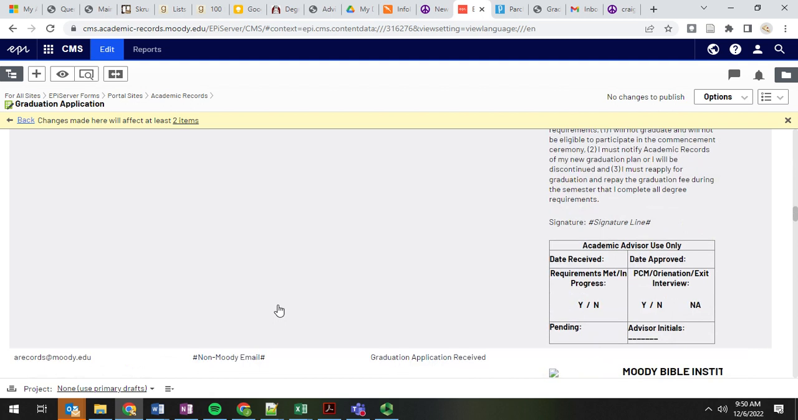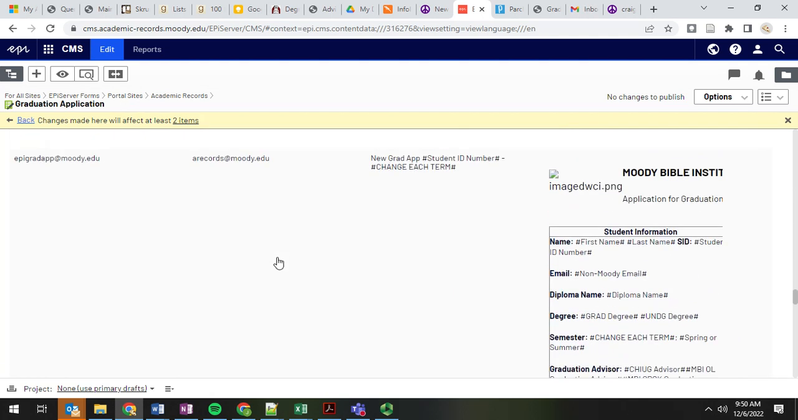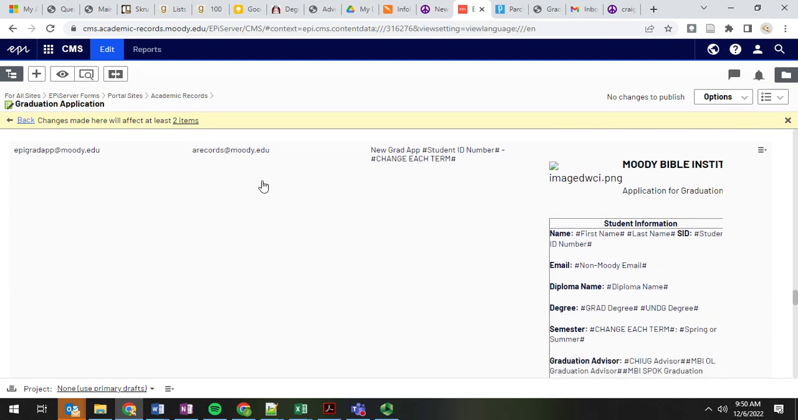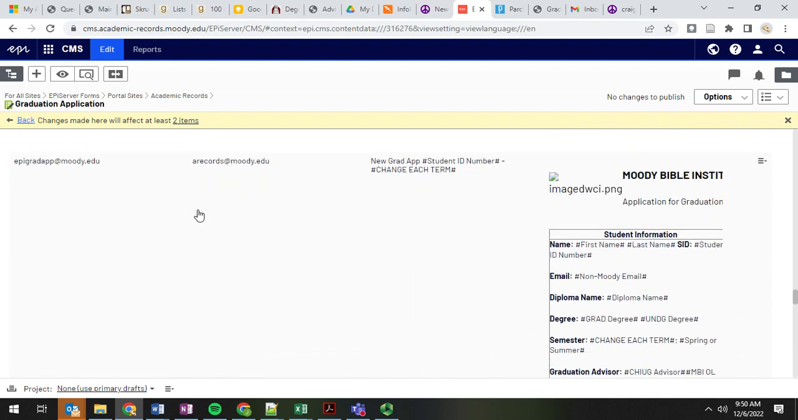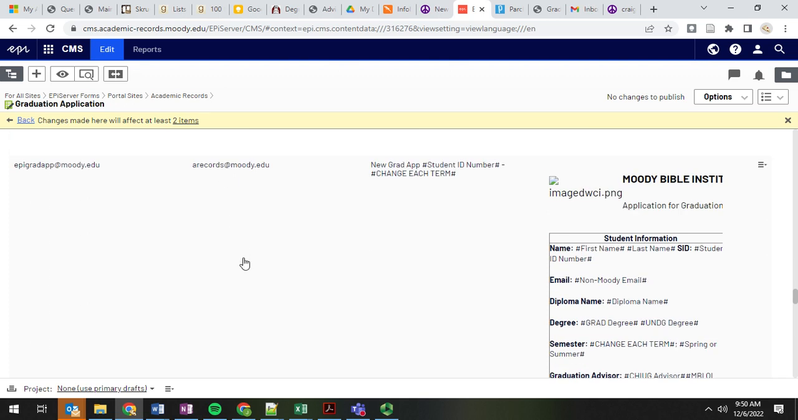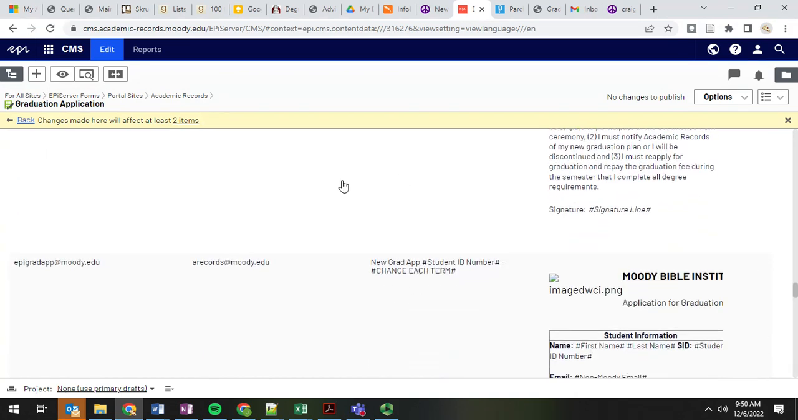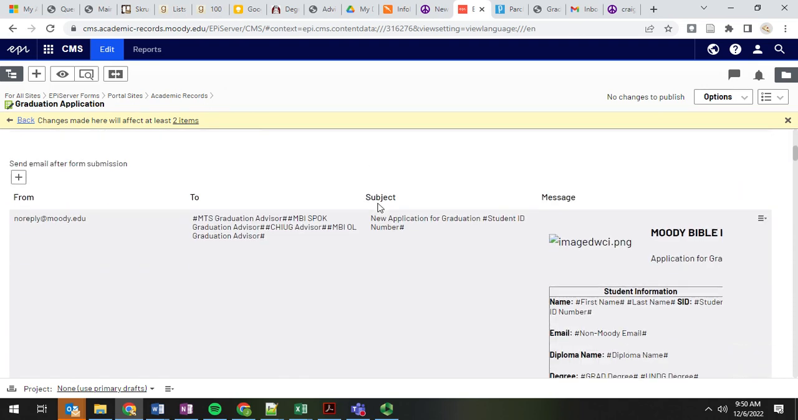Now, one thing we do have on the graduation application is the student does get a copy of this for their own records, and then we do have a ghost copy that goes to A records. It just goes into a hidden folder that we don't ever check, but we have it in there in case the student ever came back after not having access to their email for some reason, or they lost the email. We could go back in A records and pull up this ghost copy, this blind copied email. So we do have some fallbacks, but it's always best to try and change as little as possible so you don't end up messing up your form